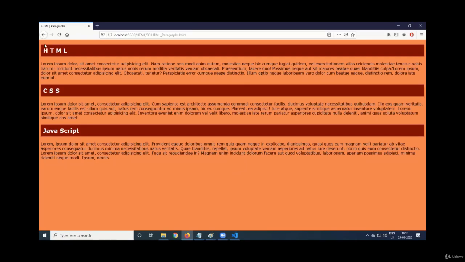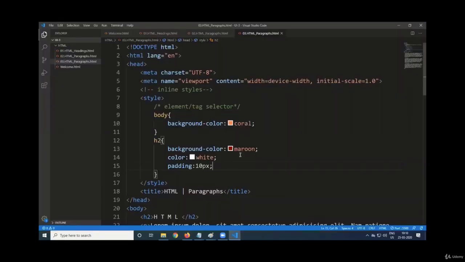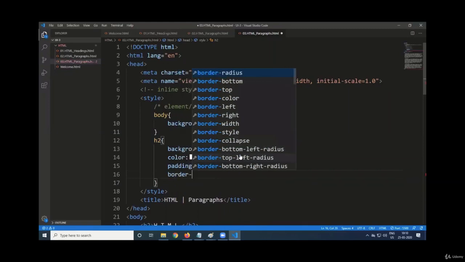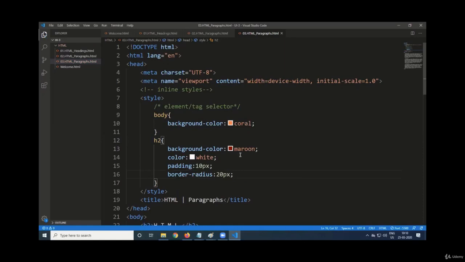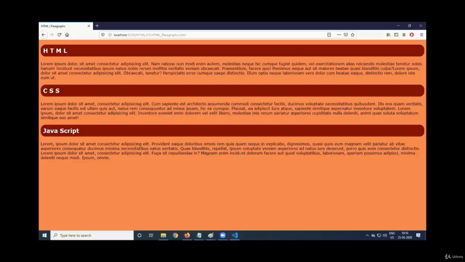Now there should be a curve here. I want to have a curve. That is a CSS3 property. So for that purpose, border radius of 20 pixel. So don't worry about these things. We don't want to just develop some pages. Through this, we'll study some CSS also. So border radius, you see, some gap is coming. I mean, not gap. This curve is coming.